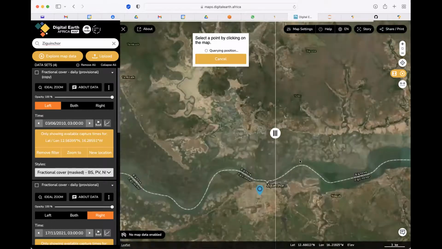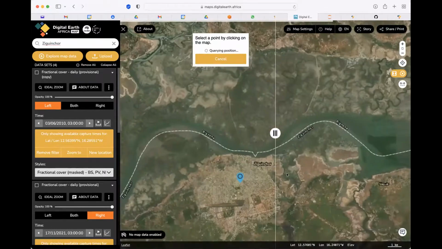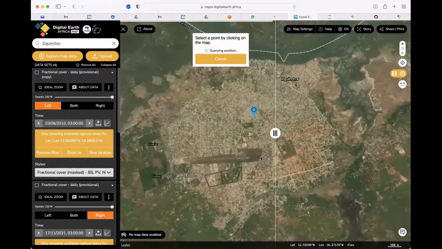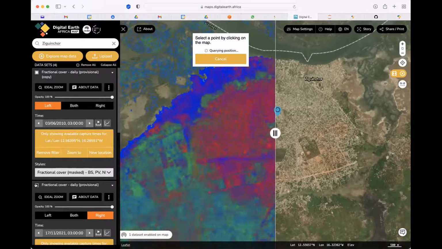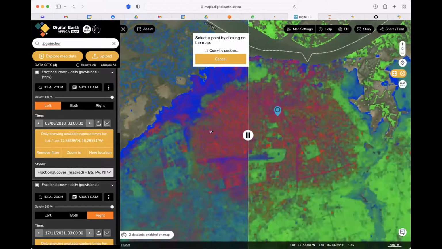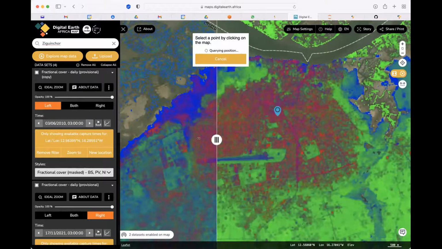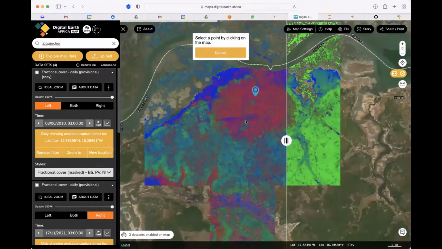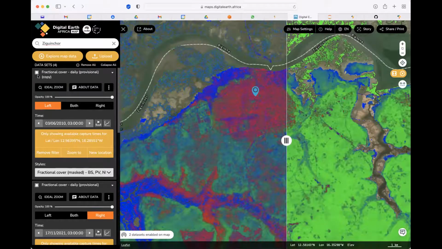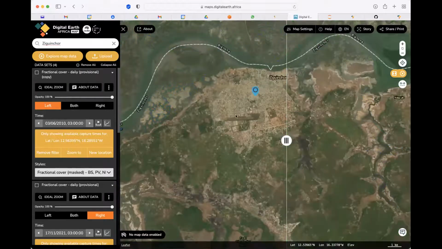So going down again to the same product, you can see the different changes with the fractional cover. This is a summary of how things looked different years ago, and how they have been picked by this particular sensor. Then we can also pick out some other anomalies.